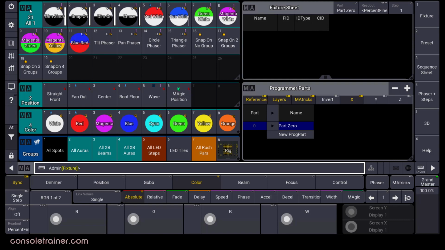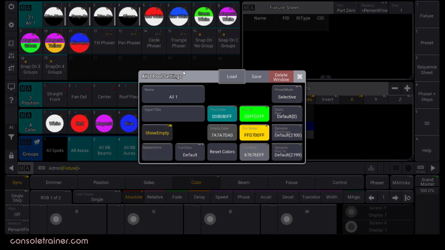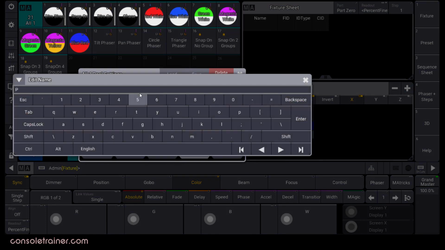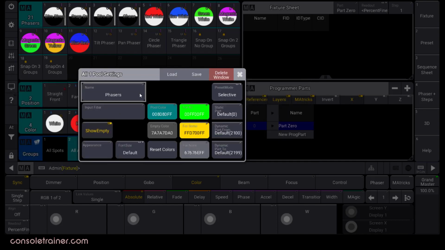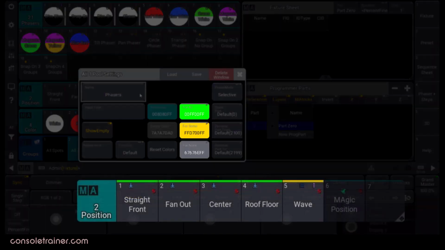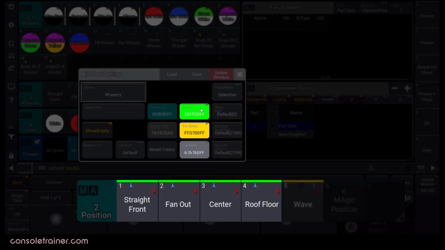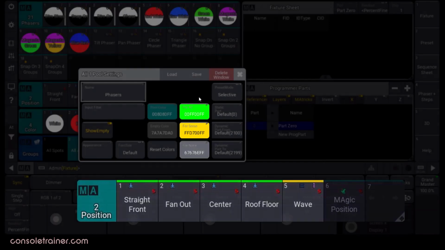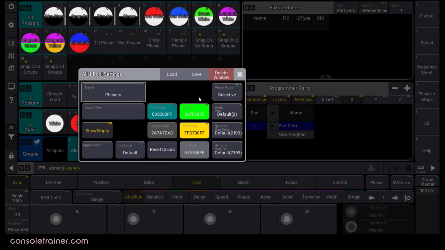For any pool you open, clicking MA gets you the preset pool settings window. There's a lot of Windows basics here that we already know, and here's that name option that I mentioned we could use with our all pools. If you want to change things like the bar at the top of each of your presets that lets you know that the preset is available to all or some or none of your current fixture selections, you can. I'd probably leave these alone because I'm so used to these colors, but I guess if I wanted to mess with someone, then reversing these colors would be a great way to do that.